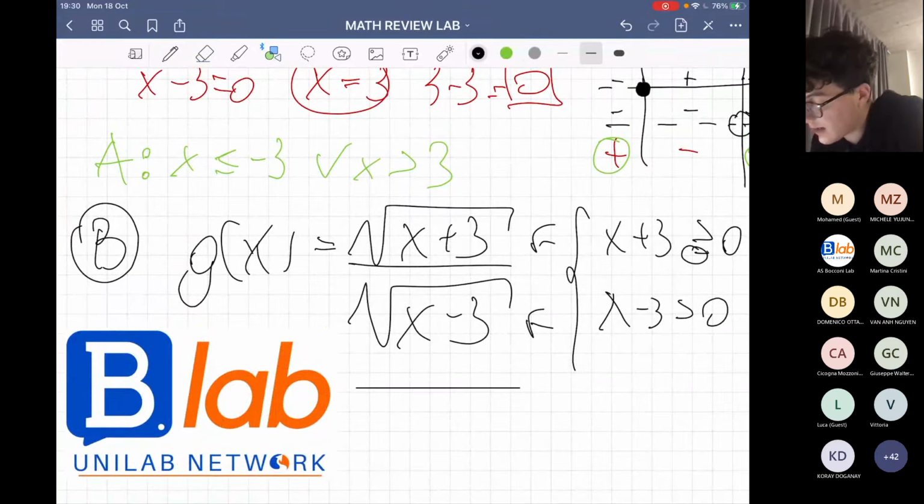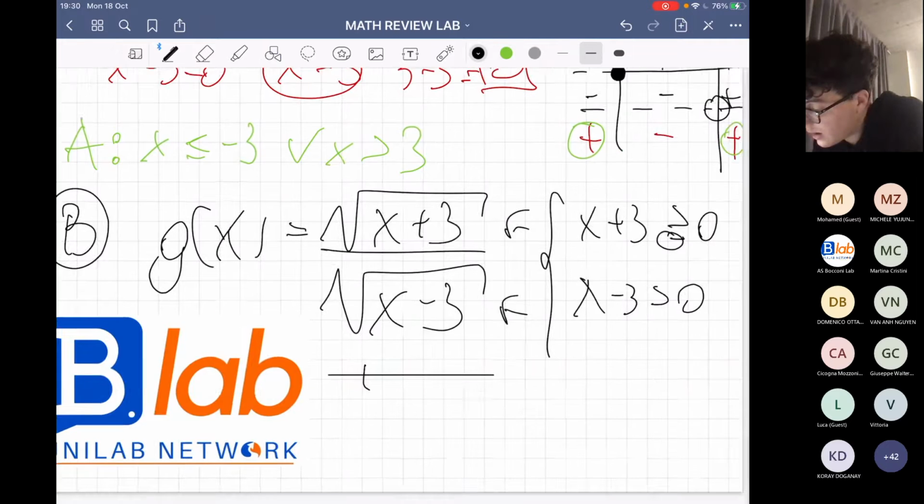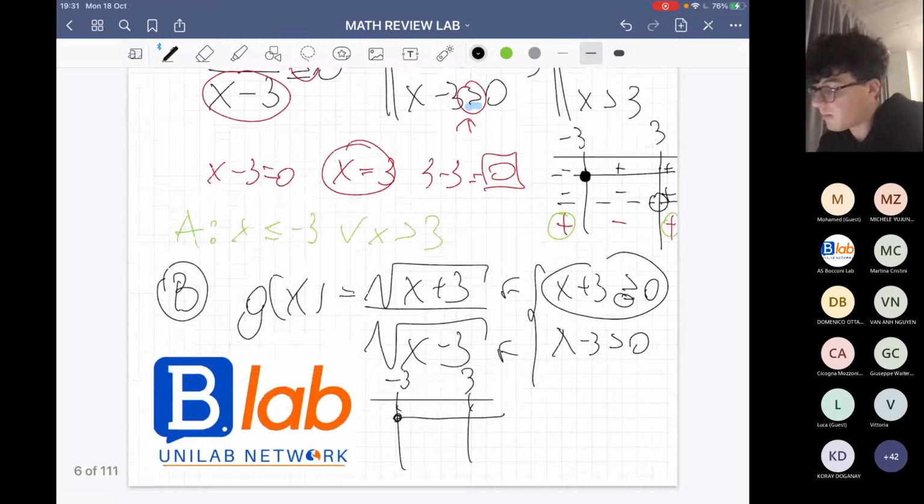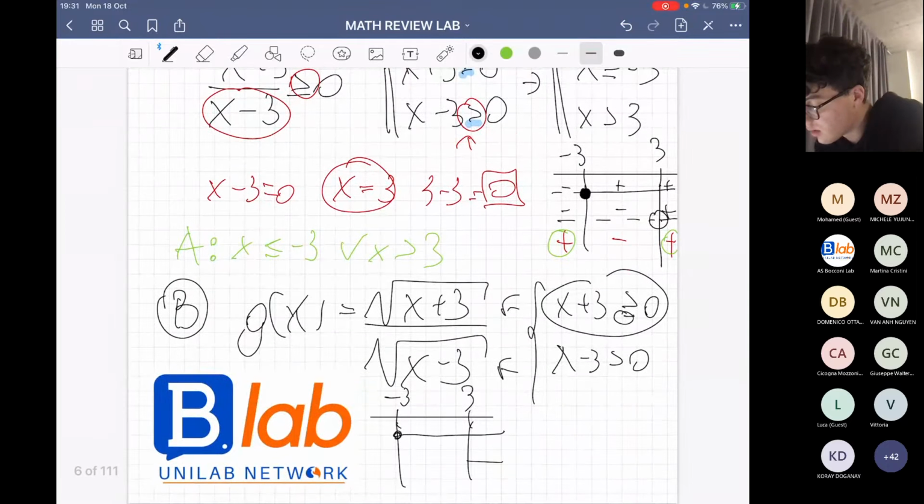We can do it like that, and we write minus 3 and 3. The first one would be that x is greater than or equal to minus 3, so a line here included. And the second one would be simply x greater than 3 with an empty bullet point. In this case, we only have to consider the part that they have in common. So it's just this part that we consider in the range. So the natural domain of B would be simply equal to x greater than 3.